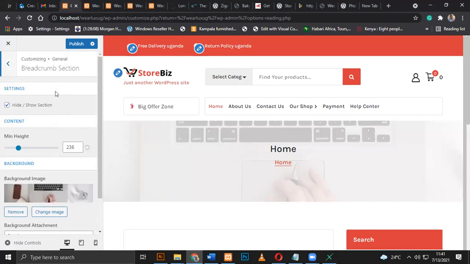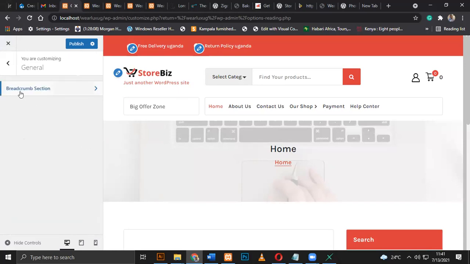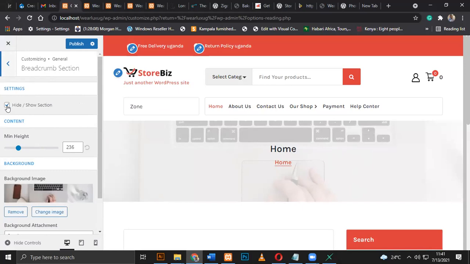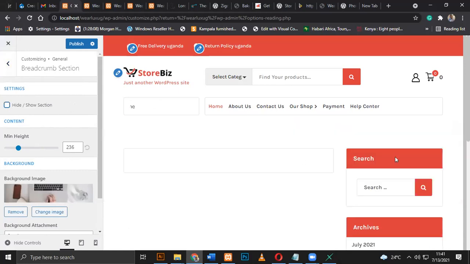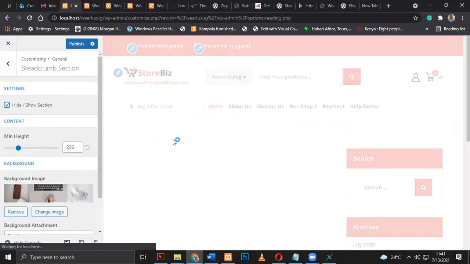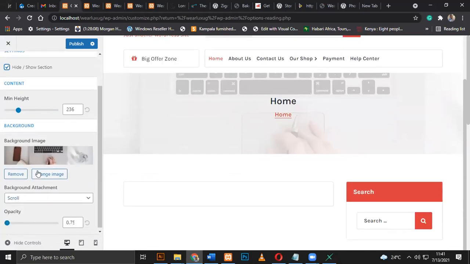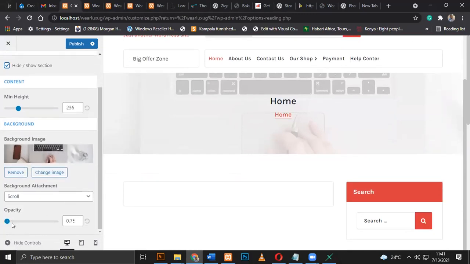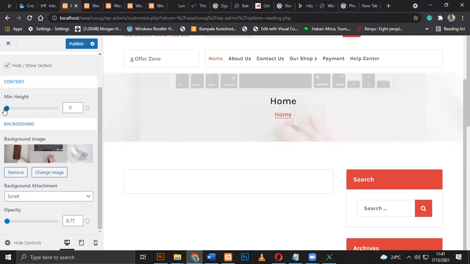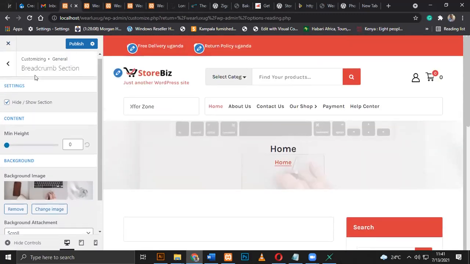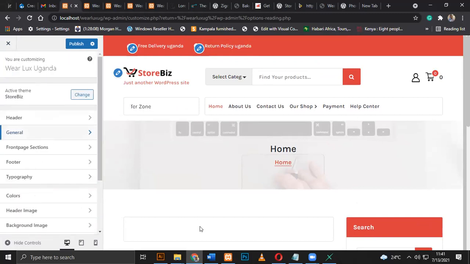General setting. This is the breadcrumb section. This section here, you can hide. When you hide, it will not happen. But when you show it, it will happen. This area, you see, you can change the image. You can reduce the height. So now you're customizing your template front. Now here you have the front page section,